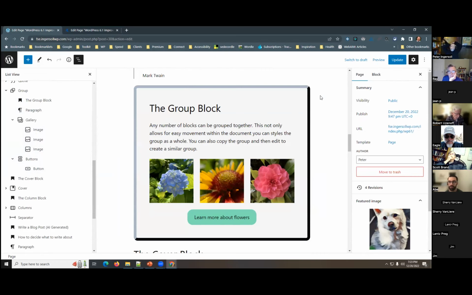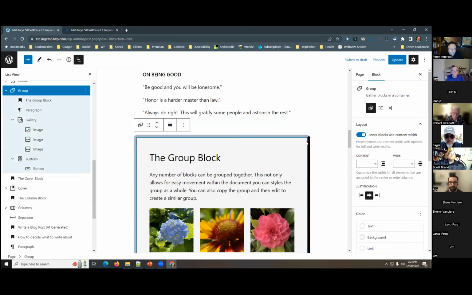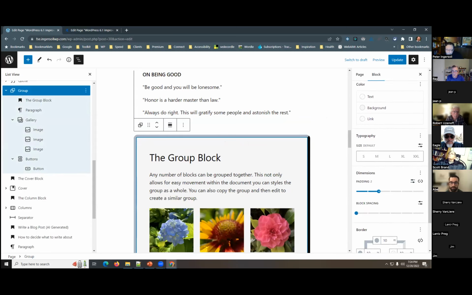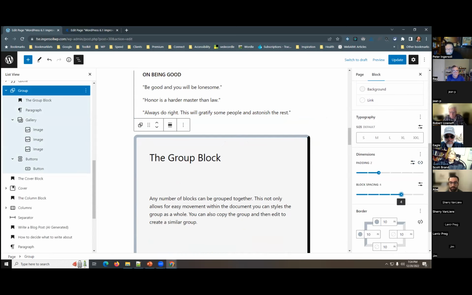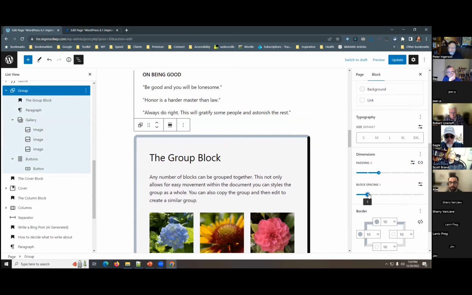If you're working with a block theme, the power of the group block is like what we've seen with GenerateBlocks and the power of the container and how much control you have. You could set a lot of controls over that, including dimensions. The block spacing inside is kind of interesting, right? That's because a group is almost treating it like columns. So I've got some of the spacing that I can do within that group. What I don't seem to have control over, let's see, is